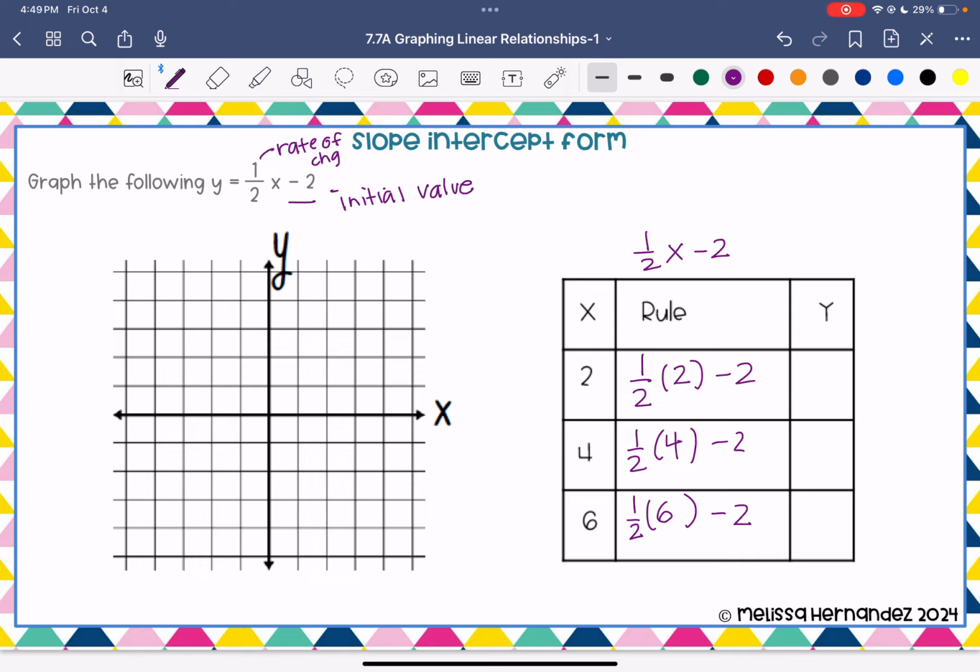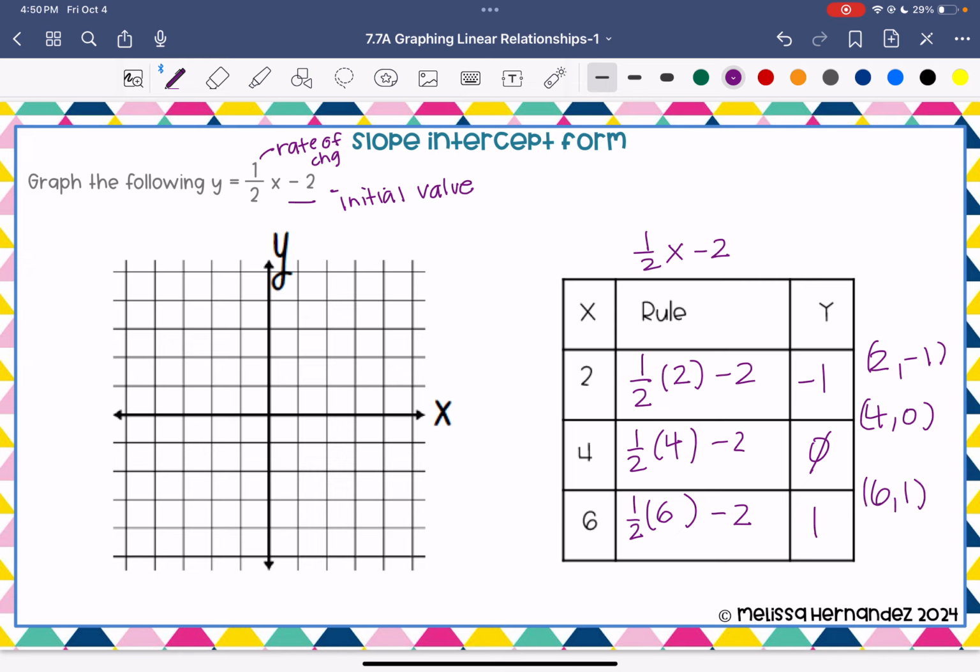Okay, so now let's go ahead and simplify this expression so we can get the value of y. Half of 2 is 1, and then 1 minus 2 is negative 1. Half of 4 is 2. 2 minus 2 is 0. Half of 6 is 3. 3 minus 2 is 1. All right, so these are actually my ordered pairs. These are the points that I'm going to graph on my